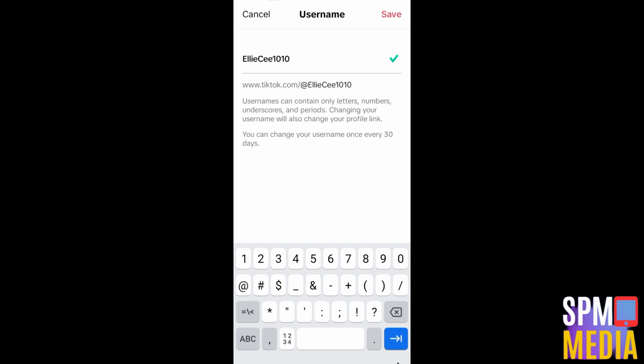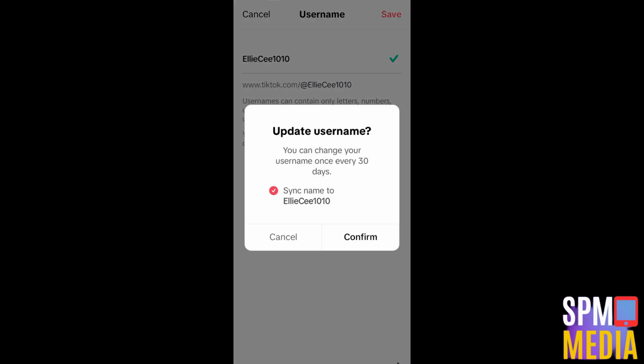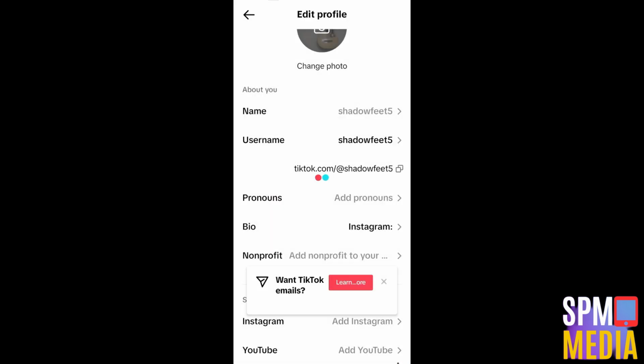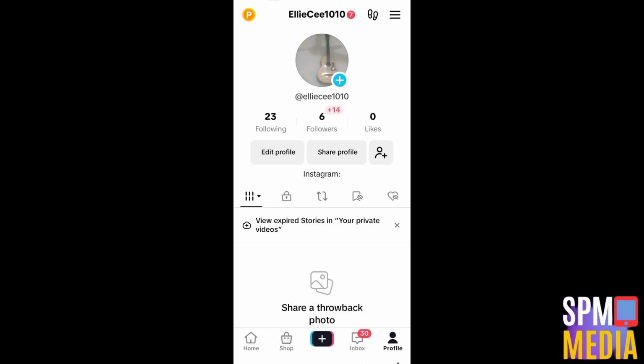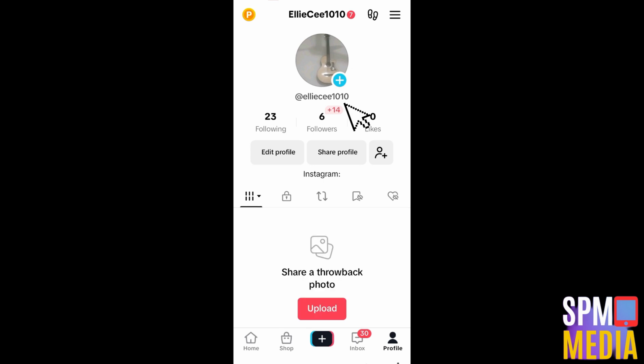So as you can see, this one is available since I can see this green check right here. So the next thing to do is to click the save icon at the top right corner and then click confirm. Wait for a couple of seconds and as you can see, username and name updated. So if you go back to your profile, you can see here that your username has been